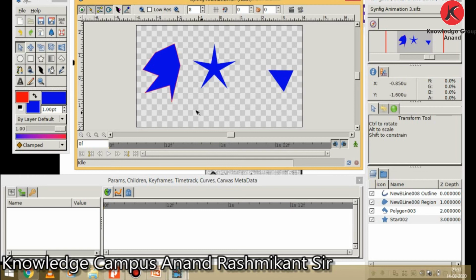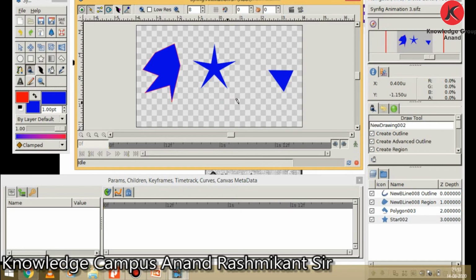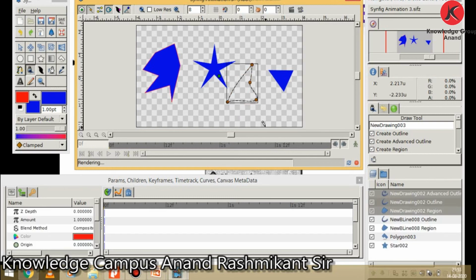After discussing the object drawing tools, now let us discuss some other tools. So it is a draw tool. You can draw freely on the canvas like a pencil. You can see. Next is the fill tool.